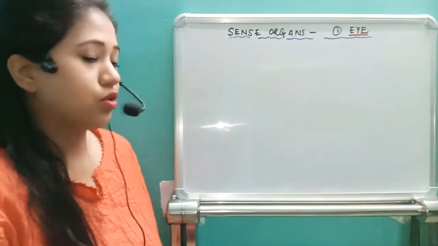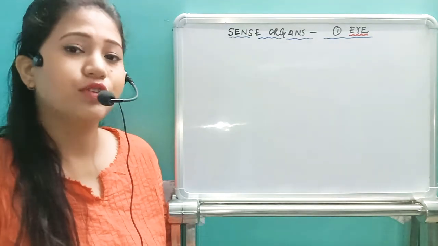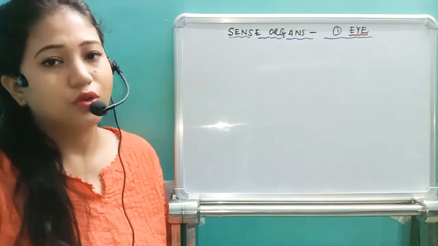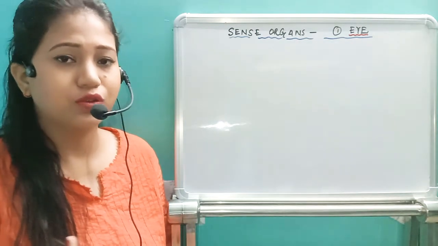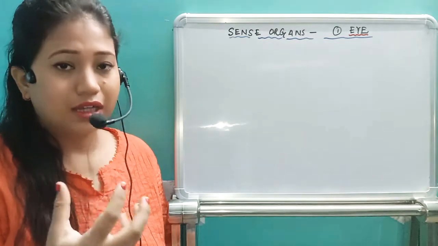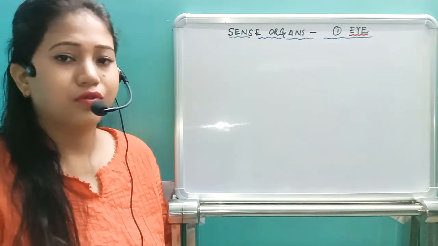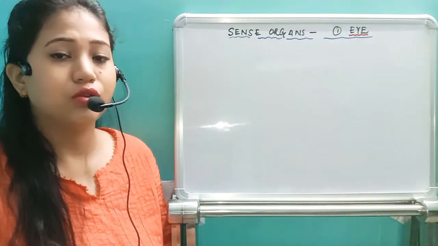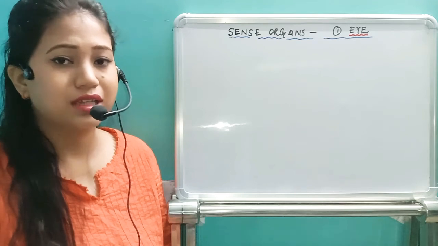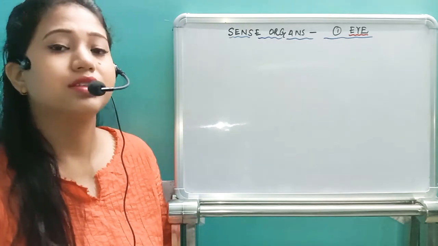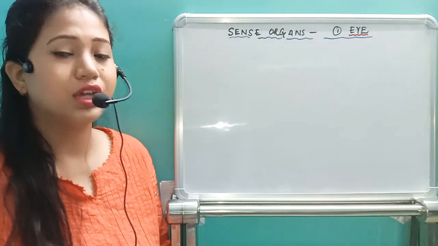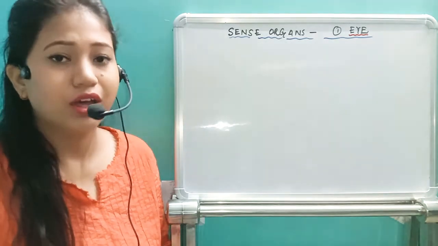There are different sense organs. So including the eye, we are going to have 5 sense organs. All of the sense organs have one main basic function, that is to carry the stimulus, carry the senses, convert the different types of energy into electrical impulse, then send this impulse to the brain. Brain will perceive the stimulus, then produce the response,